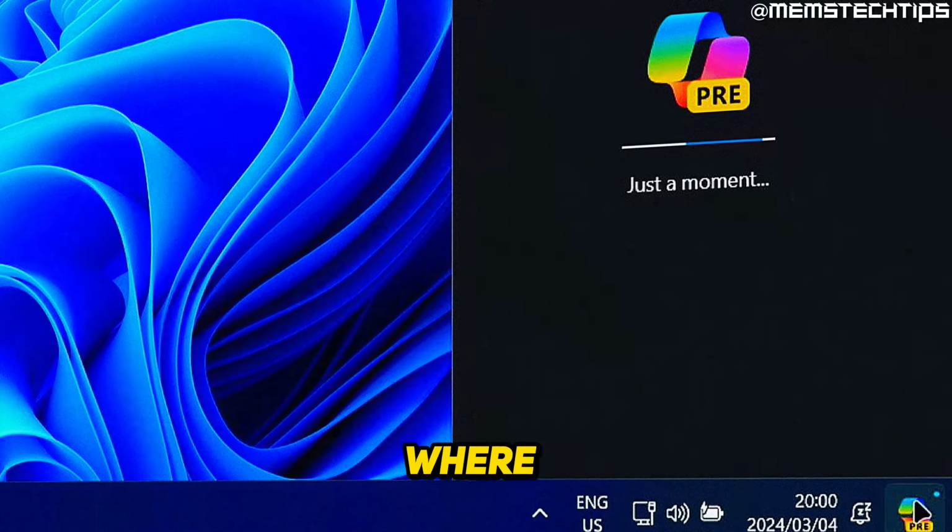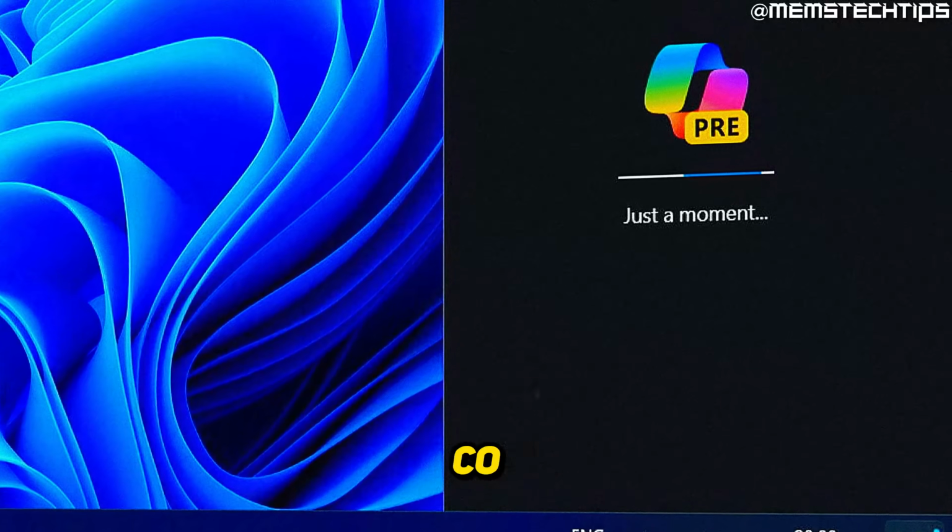Welcome to this quick guide where I'm going to show you how to enable or disable Copilot on Windows 10